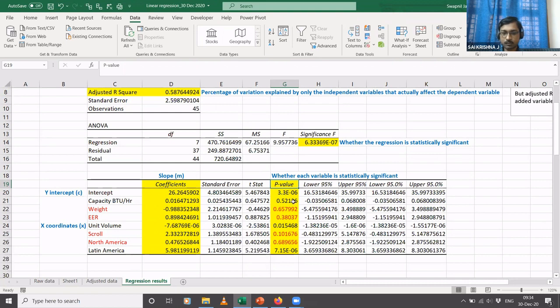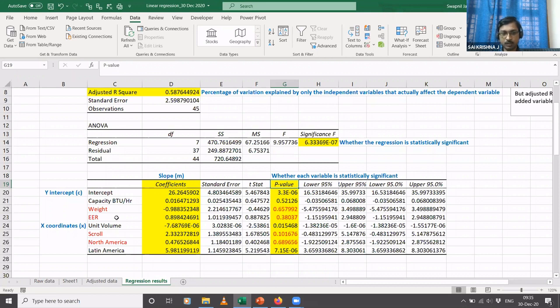And how do you read it? You read it in the same way as you do for hypothesis testing. If this p-value is less than 0.05, then that particular parameter is statistically significant. If it is greater than or equal to 0.05, then you just discount that variable, or say that it does not have an impact on the target variable.